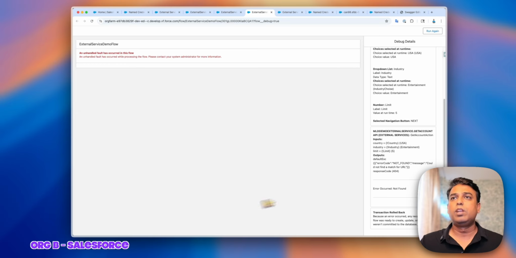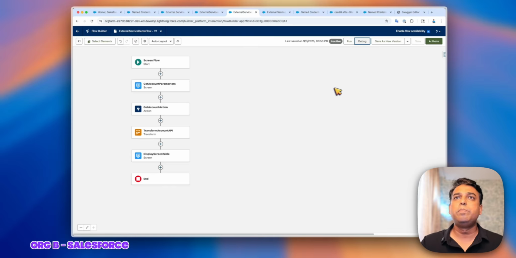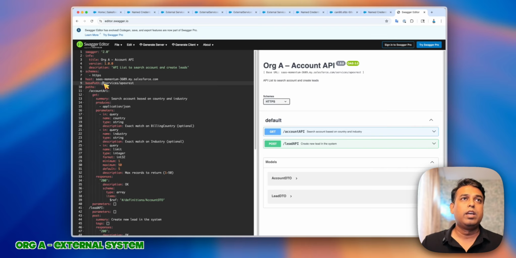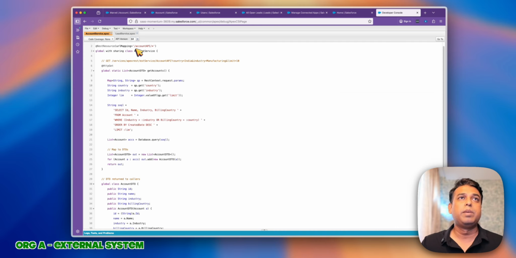Okay, so while running, we got some error. Let's see what the error is all about. Okay, so I made some mistakes. In the Swagger, I have a base path, which is Apex REST. Then after that, I just have directly the account API path, but in my Apex class, I have entered here external services,